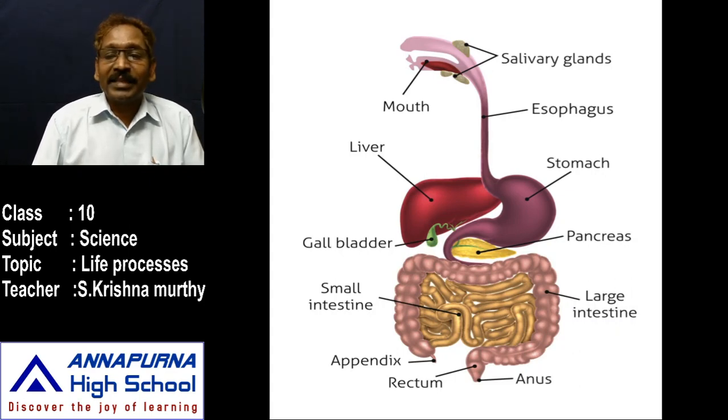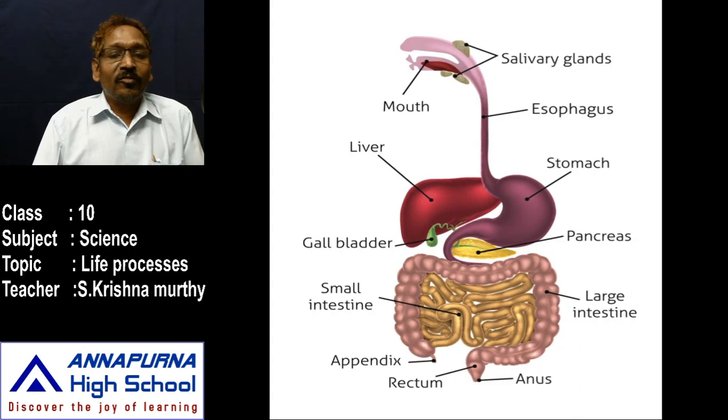We know the stomach has three regions, where the upper portion of the stomach contains the cardiac region, the middle of the stomach contains the fundic region, and the posterior portion of the stomach contains the pyloric region. Mainly we have to learn that the stomach lies on the left side of the abdominal cavity, below the diaphragm. I think you know very well about the diaphragm. Diaphragm is a membrane where the abdominal cavity and thoracic cavity are separated.